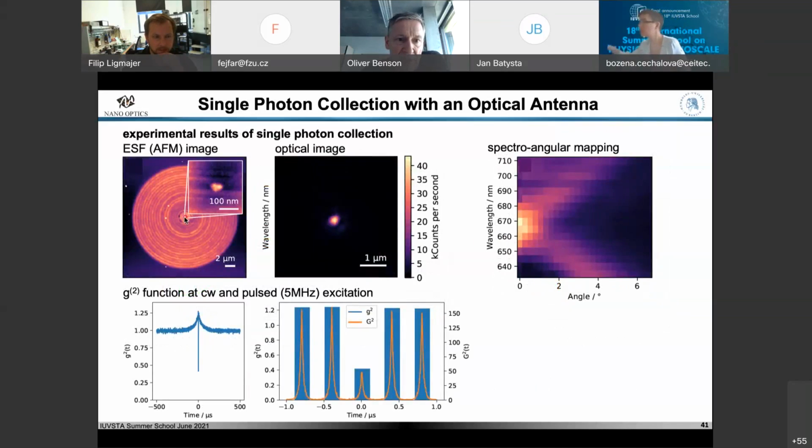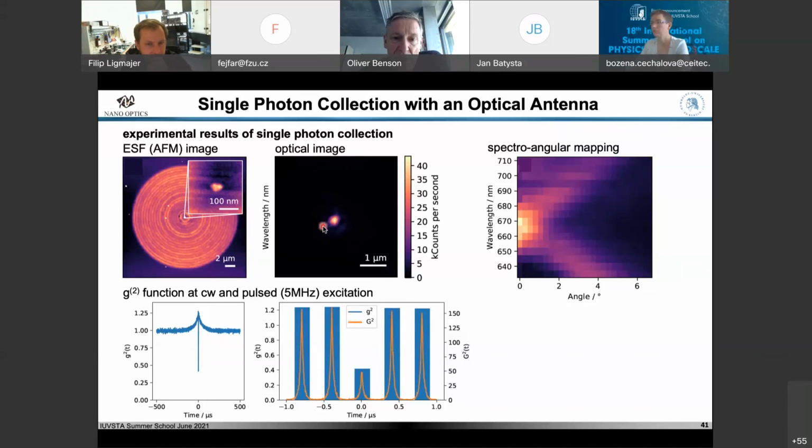And at the very center of the antenna, we placed, I come back to this later, a tiny diamond, maybe 20 nanometers or 30 nanometers in diameter. And due to some correlation measurements that we performed here, so you cannot resolve the dip at zero time, but this shows this anti-bunching. So we know that basically one non-classical light emitter sits in this nanodiamond, and we measured this before we put the diamond there, and then we try to collect the light.